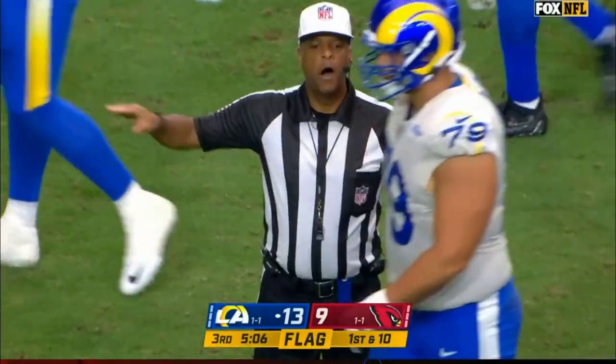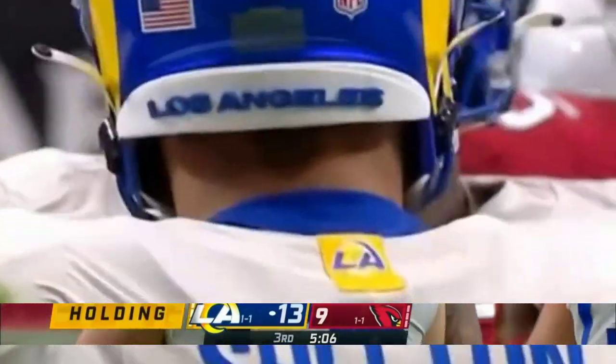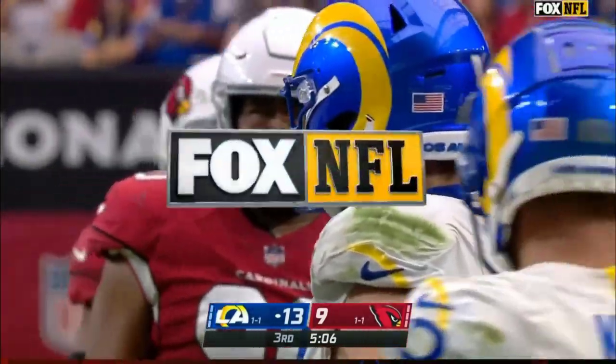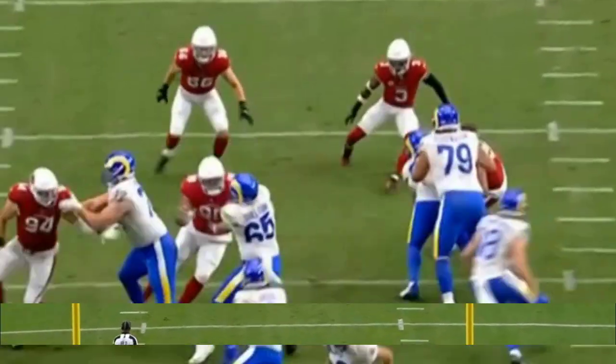Holding, offense, number 65. 10-yard penalty, repeat first down. That's your normal right guard who's now having to play center with the injury to Brian Allen. You're going to see him right in the middle of the pack here. He's your center, hiking the ball to Stafford right there. He's got him